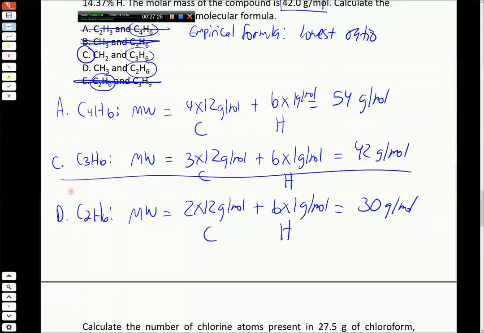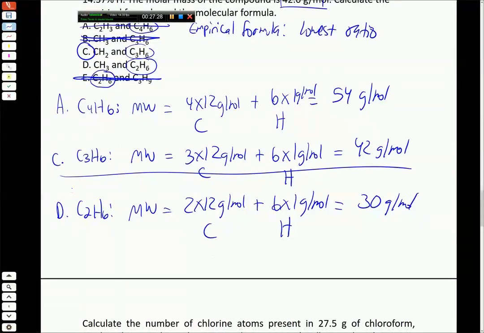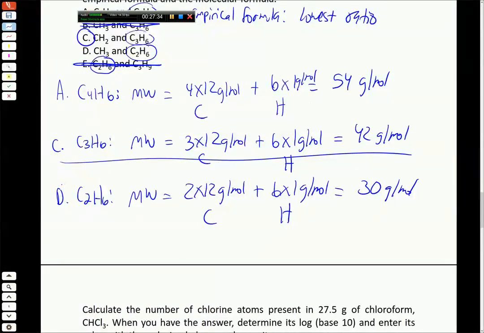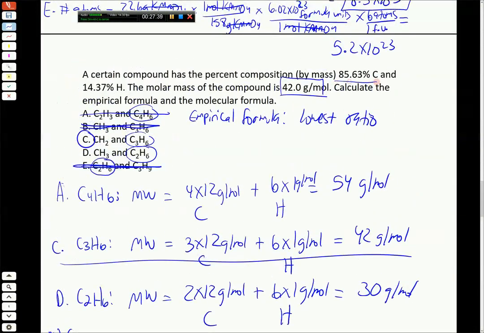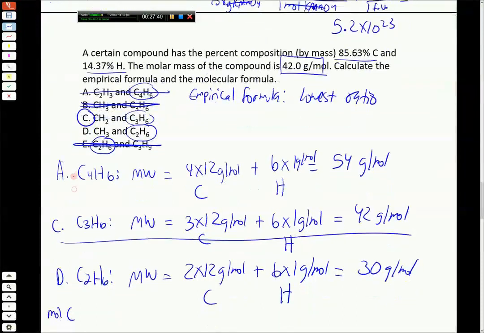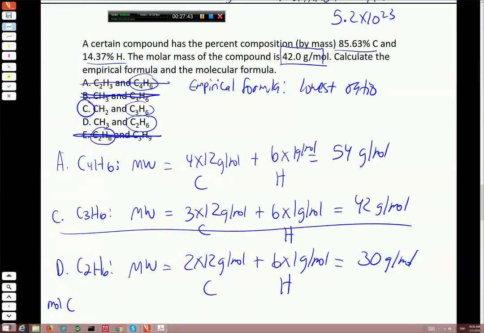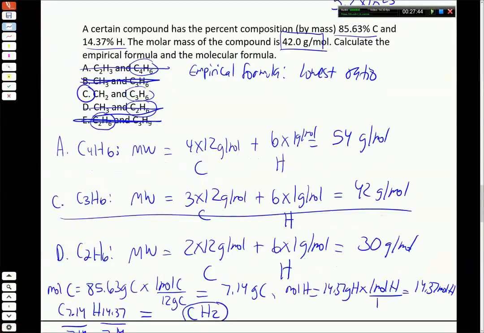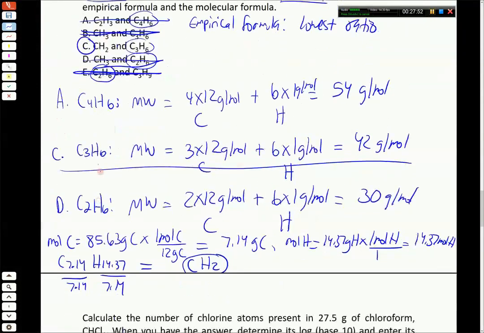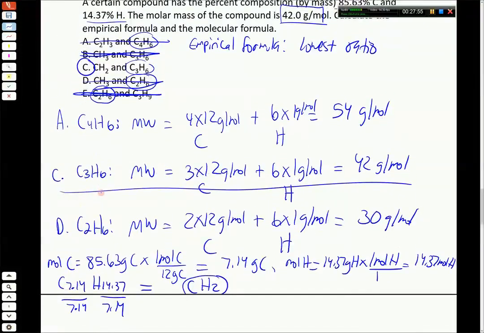Now, even if you didn't see that, we could have also found the empirical formula with this information. To do that, our mass percents are given as 85.63 and 14.37, so remember we interpret those as mass amounts and convert them into moles. I paused that by accident somewhere. Now the question is, how much of this did I lose? I botched that a little bit. Well, in case I missed something because I accidentally paused the video,